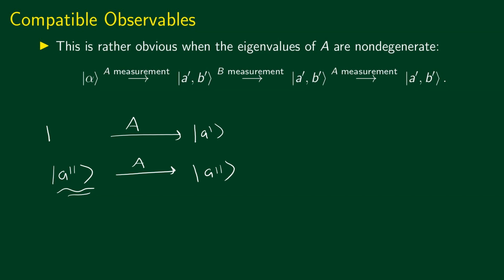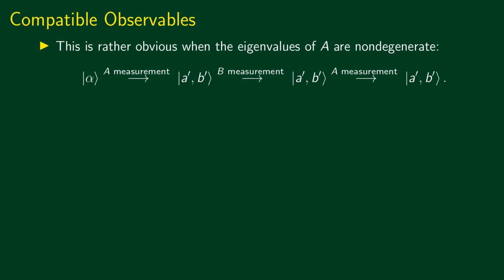Now let's look at the case of compatible observables. Let's start with an arbitrary ket, an arbitrary state represented by ket alpha, and I am measuring observable A on this state. According to measurement theory, it changes to one of the eigenkets of A. So we say that ket alpha under a measurement of A changes to an eigenket of A corresponding to the eigenvalue A prime. This means that the measured value is this eigenvalue. Now, if the commutator of A and B is equal to 0,